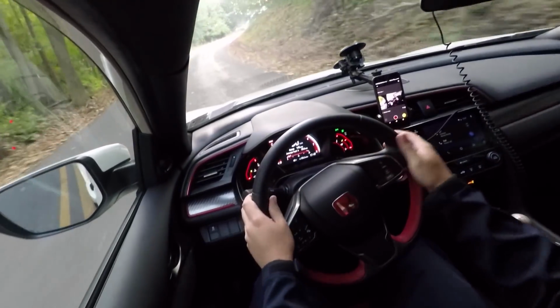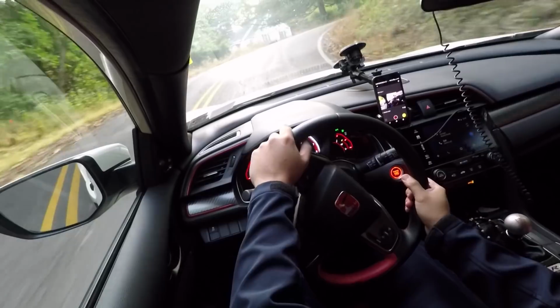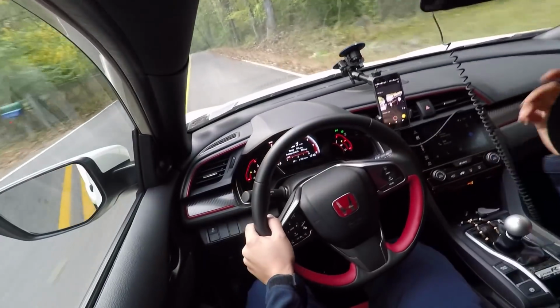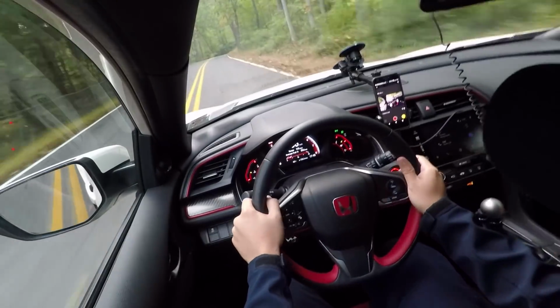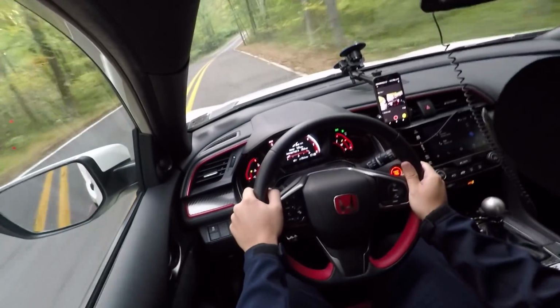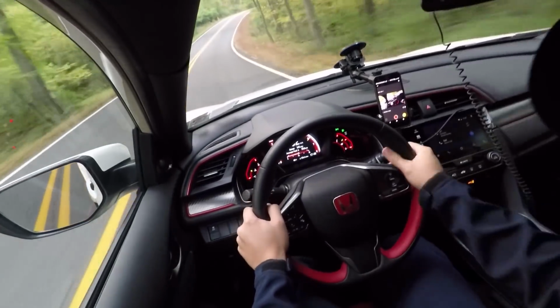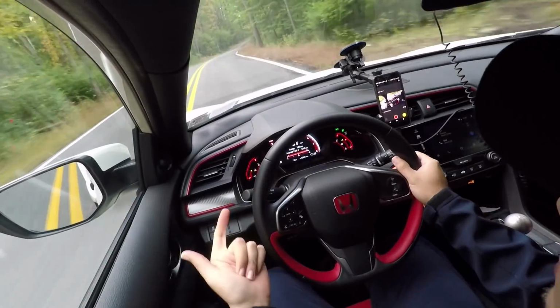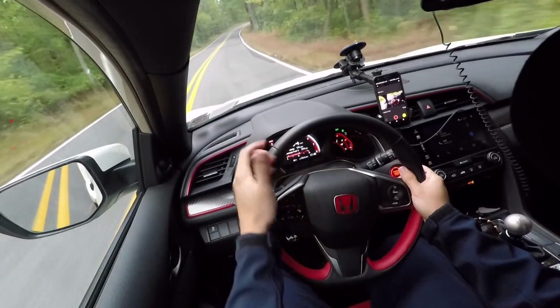Sorry, so what that does is it wears out your clutch a lot more than anything else. Now, what is the proper way to downshift? So I'm in second gear, let's put it in third. Let's say I want to downshift, I flip the throttle, and now I'm in second gear. Now that helps out the synchro, it helps out the clutch, and it gives you a smooth transition into that